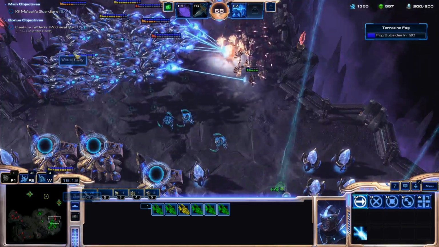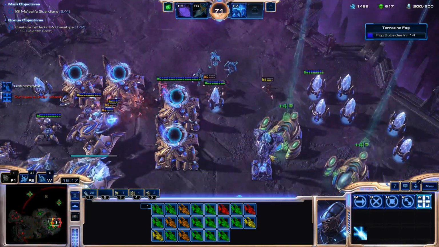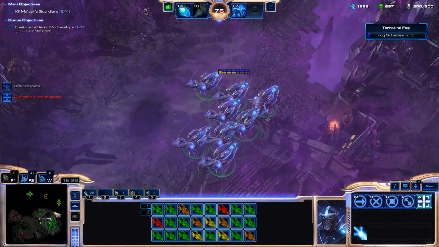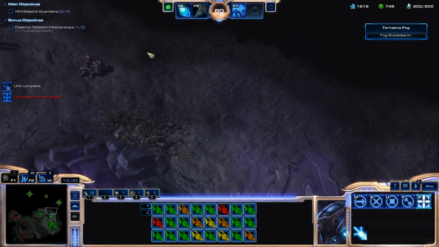Okay, well, we didn't lose any probes. That's fine. Just hit the carriers, please. My DTs can finish up this junk. And the Whirlwind Zealots. Okay, 8 seconds. I'm going to start moving up towards the next one. Another reason that I do it in this order...